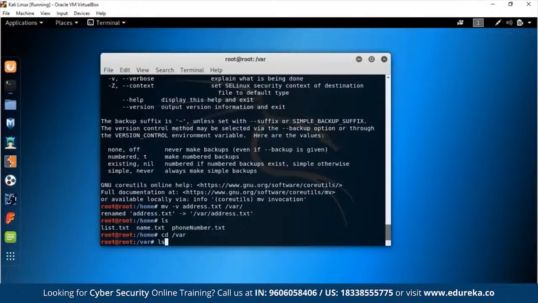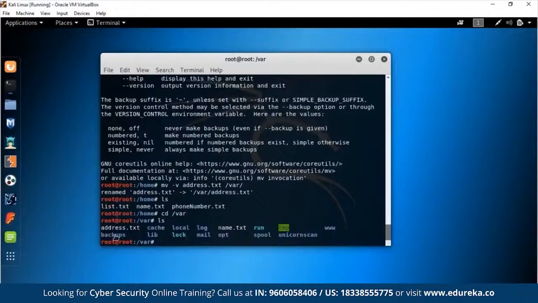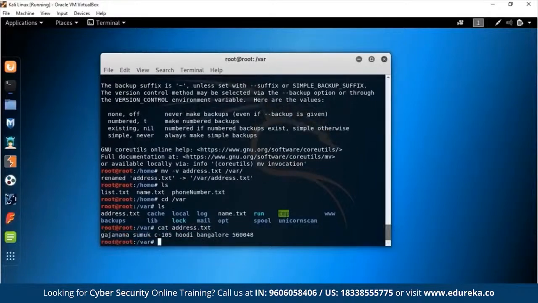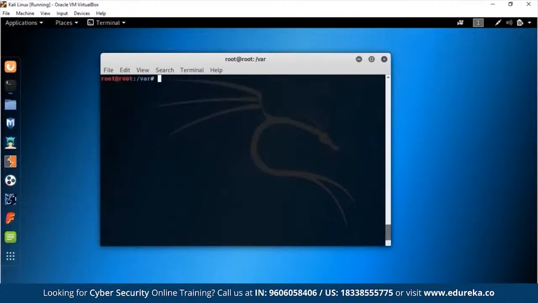So address should be out here, and ls. As you can see, address.txt is the first file that has come up. It is basically the same file, and I can prove that to you by catting the file, address.txt. And you see that is some random address for some random person. Okay, now let's quickly clear out our window. You can do that with Control L, or you can just type clear.